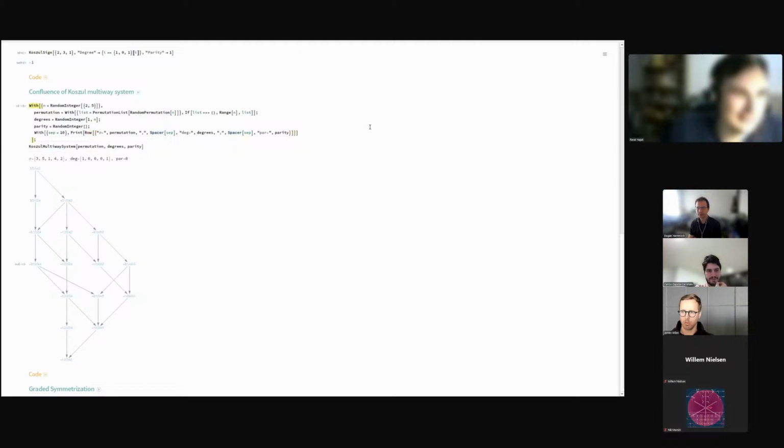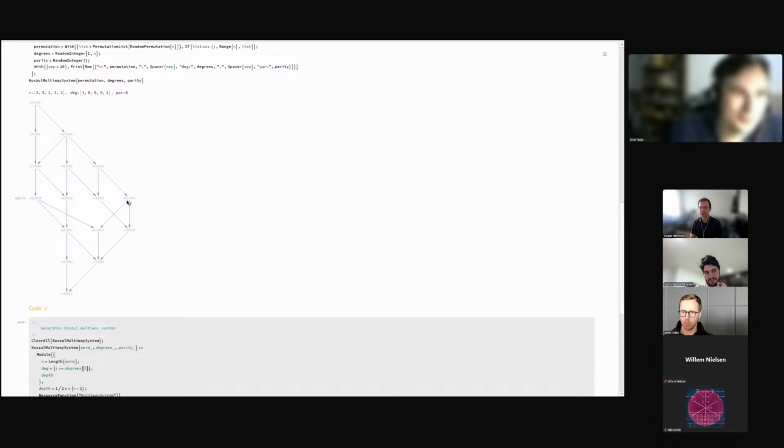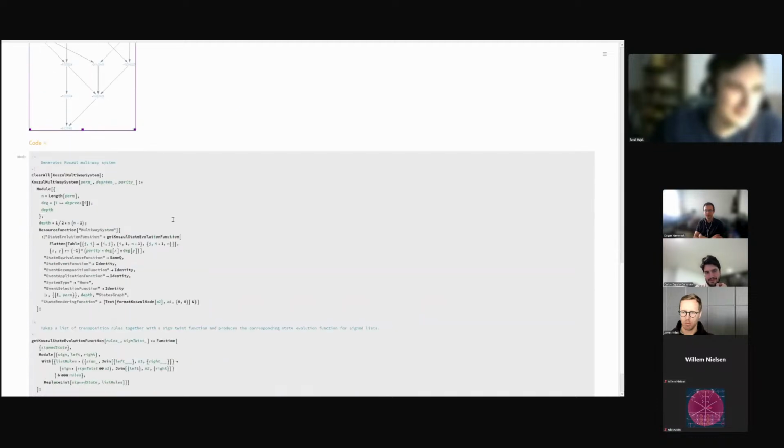Because the code of the multi-way system is kind of hard to understand, I did not manage to plot the events. So if somebody thinks it's a cool illustration of this phenomenon and wants to help me plot the events, somebody would have to explain to me how to define all these functions for the multi-way system. Yeah. Very nice.